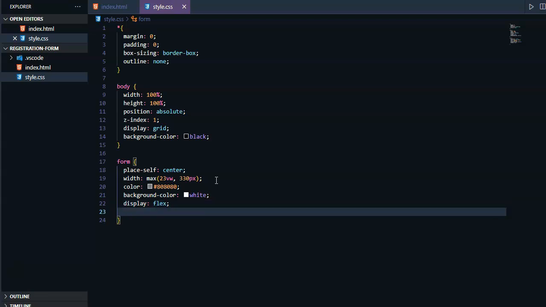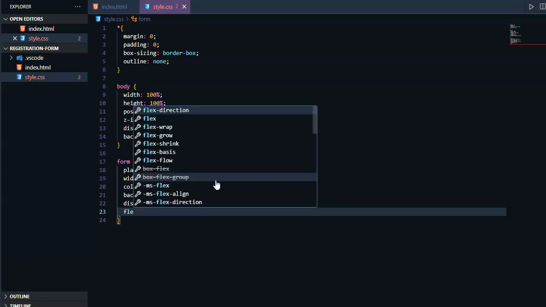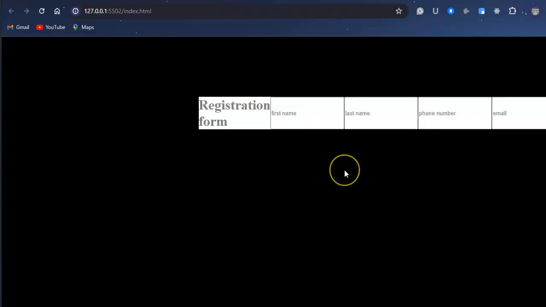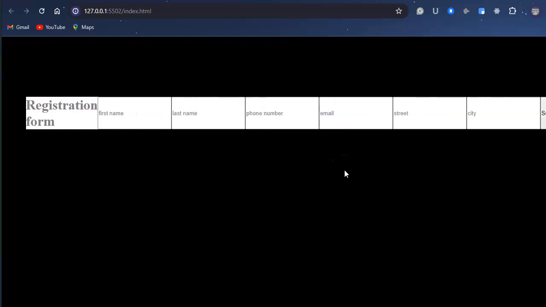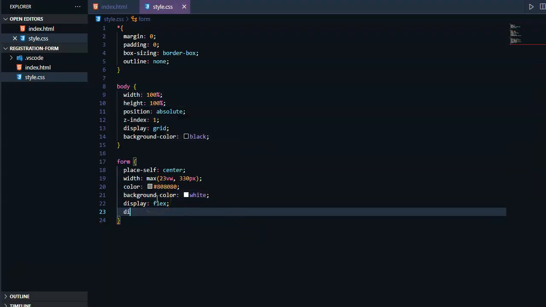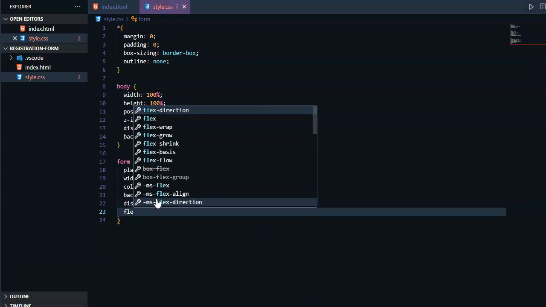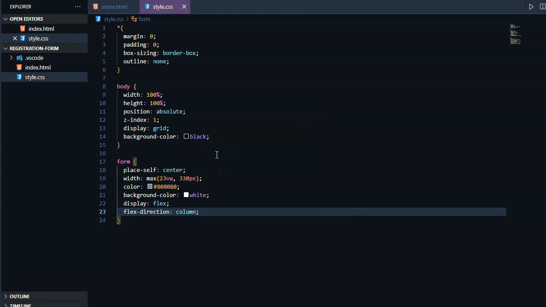Then we give it a display flex. Okay, so let me show you something. Flex direction. So this is what our registration form is looking like now. But now you see the display flex, you see how it's looking. So if you add display flex, make it flex direction column, we give it a gap of 25 pixels,